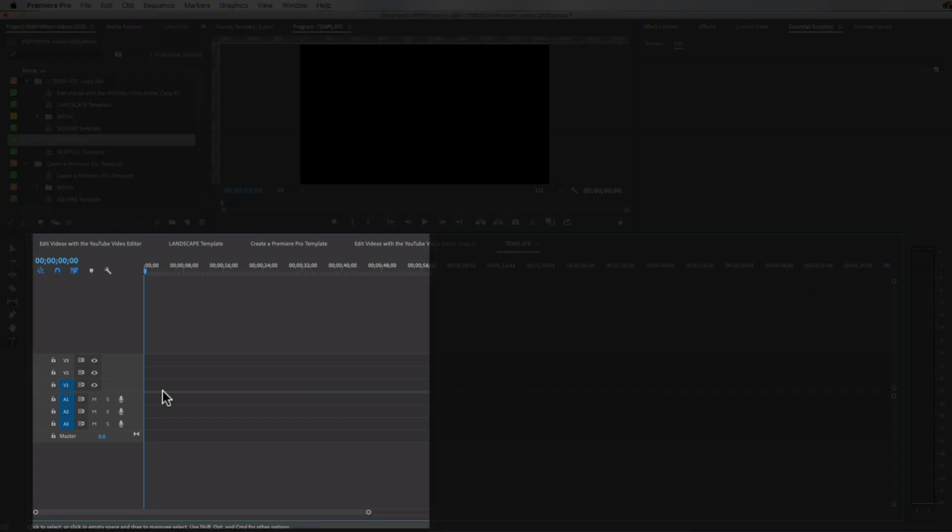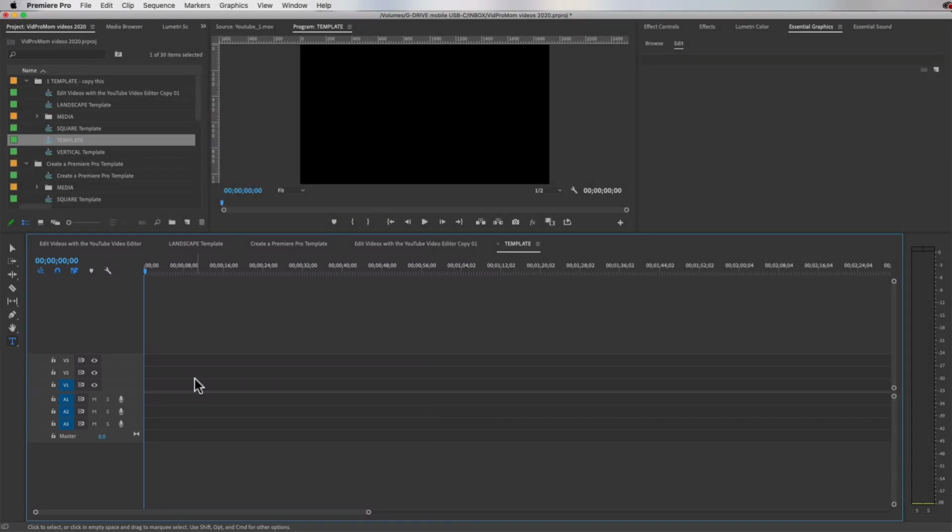So coming down here, you can see that you have a couple of tracks, but there's nothing here. It's just a big black screen. So down here is where your audio goes. Up here is where your video clips and graphics and things like that go. And that's how you would get started with a completely blank Premiere Pro project that you can turn into a